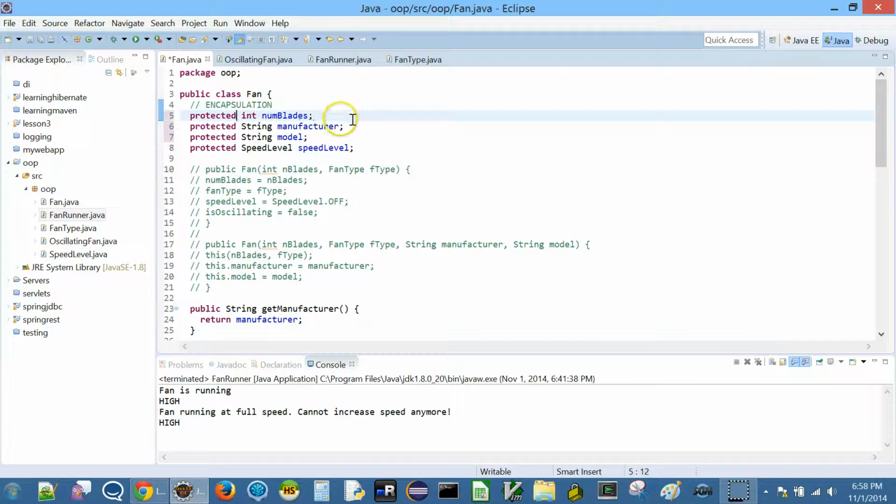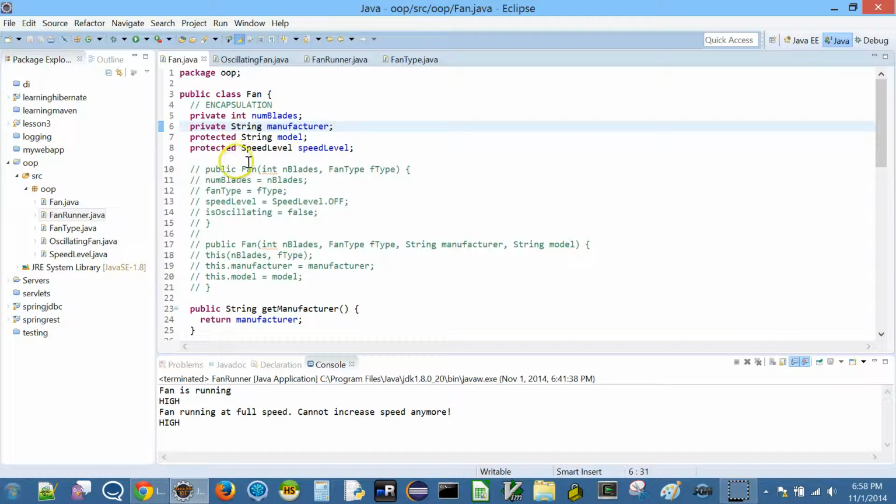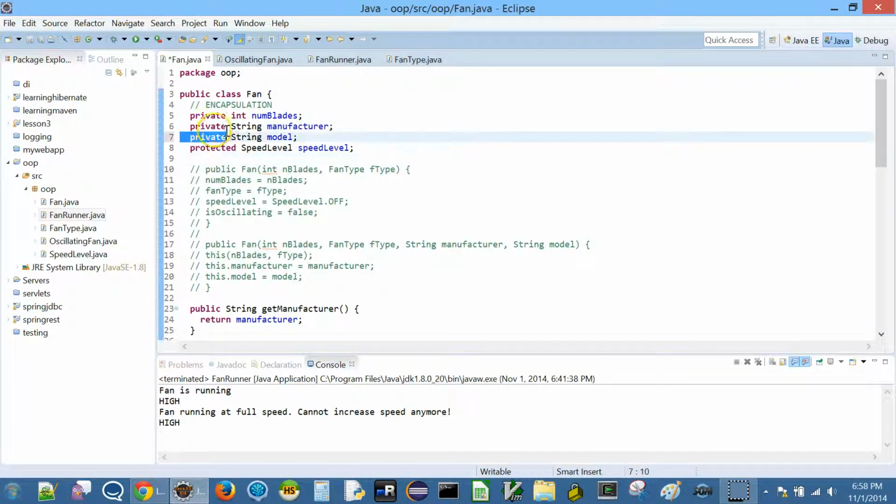Now whether you want to use protected or private is up to you. Okay, so for example, you could still keep these two private, which means none of the subclasses will have direct access to these fields. Okay, I'm keeping it as protected. Again, these maybe we are better off just keeping it as private itself or protected. It's up to you. But now we see the clear difference between these access modifiers. Okay, so I'm going to leave all these three as private and then give only this protected.